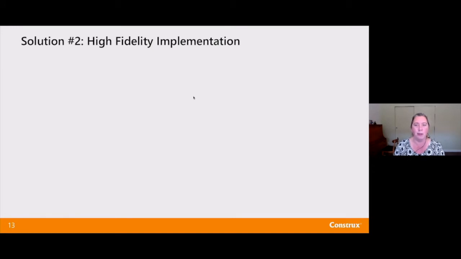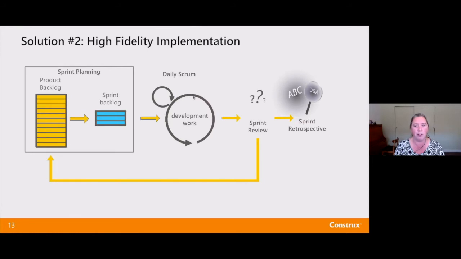Once we've chosen that tool, we want to make sure we implement it with high fidelity. So we want to make sure we do Scrum well. We don't do things where we do Scrum, but we don't do sprint reviews. That's missing our product feedback loop. Feedback is a huge part of being successful in the small and in the large. So we want to make sure that we do this, we do it well, we allow it to support that